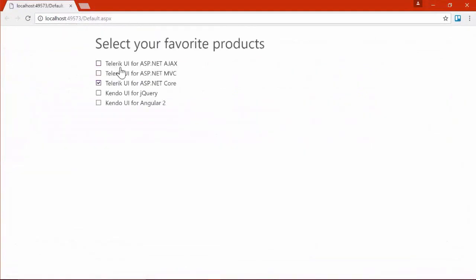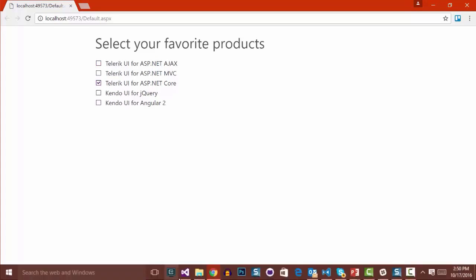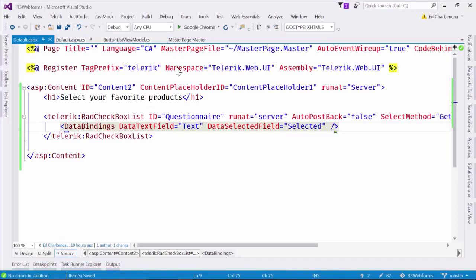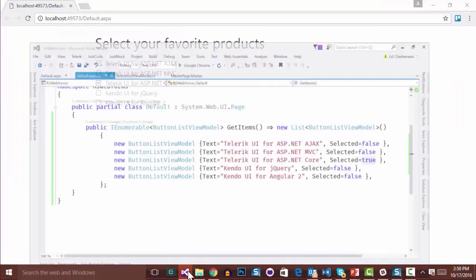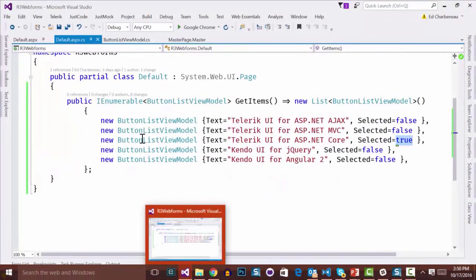You can see that our checkbox list is built out and we have pre-selected one item, just as I have right here in the method GetItems. You can see this middle item here, Selected, was set to true, and that's been bound to this checkbox list on the form. Let's go ahead and exercise the API just a little bit